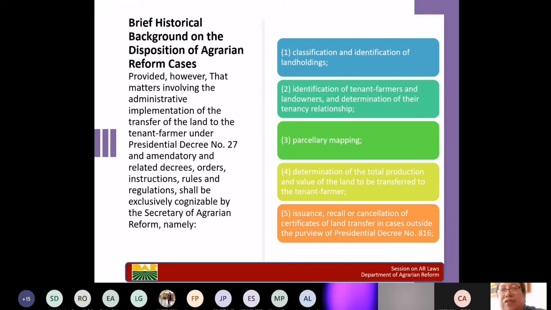But please take note that the determination of this tenancy relationship is only for the purpose of determining whether the ARB is qualified and whether the land is covered under PD 27, because one of the elements of PD 27, the land must be tenanted. And then number 3, parcellary mapping, a determination of total production and value of the land, and then issuance